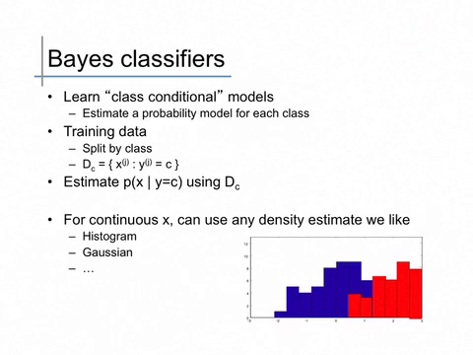The advantage now is that we can use this on non-discrete variables and in other cases as well, using generalizations of the model. So we don't need to restrict ourselves to tabular models of P of X given Y. We can learn any kind of model we'd like. So if our X is, say, continuous, we can use any density estimate we'd like for P of X given Y. For instance, we might learn a histogram model. So given the blue class, we might learn some histogram distribution of X's. Given the red class, we might learn a different histogram model. We might also learn Gaussian models for each class